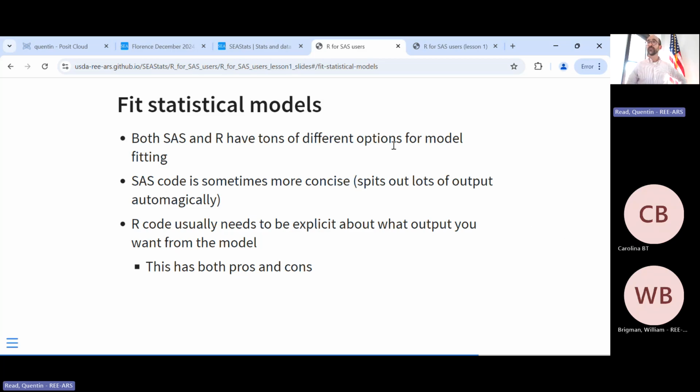statistical modeling, obviously SAS and R are statistical modeling software, so that's kind of their main thing. And there are many different options whenever it comes to fitting a statistical model. I can't go into all of them. We're just going to barely get started with it today. If you know SAS, as some of you said you did,